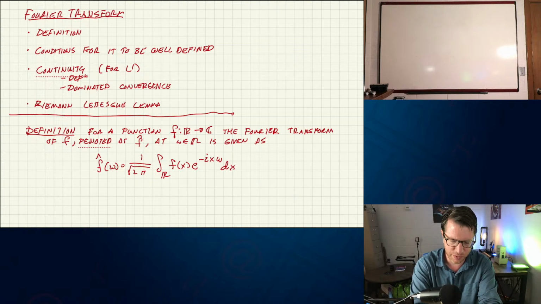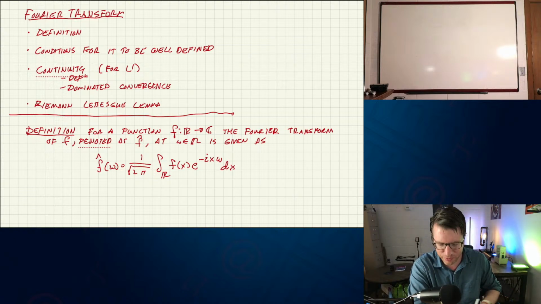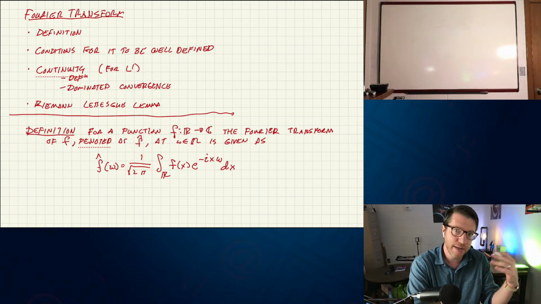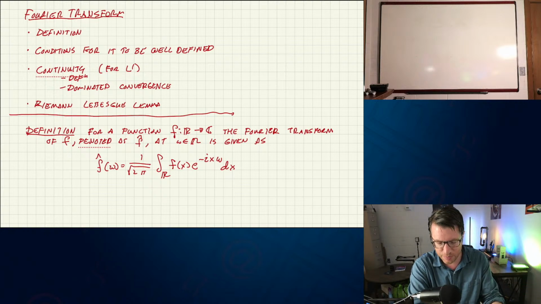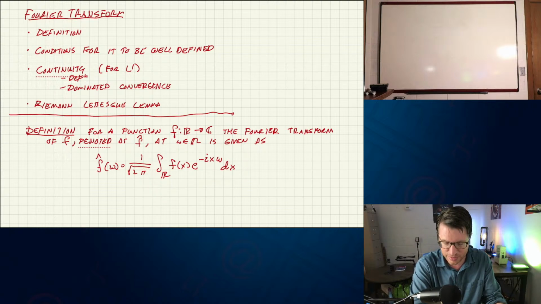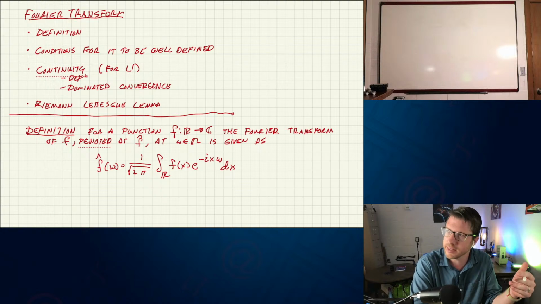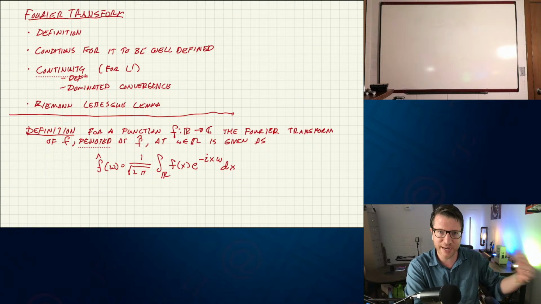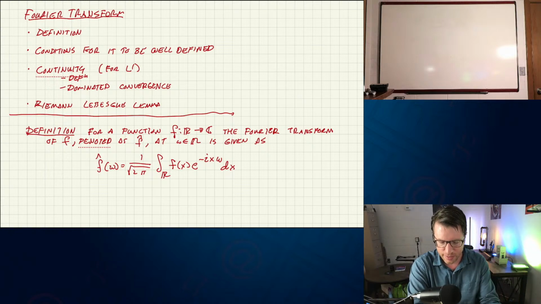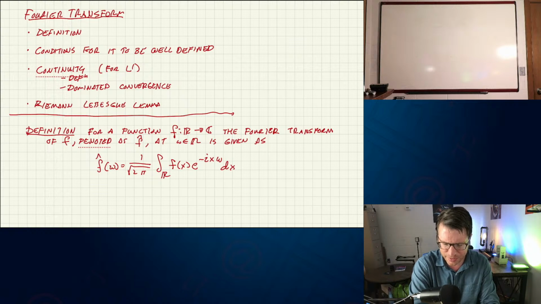Okay, so a few things to say about this definition. First of all, we have this coefficient, 1 over square root of 2 pi. If you've seen the Fourier transform before, you might not have seen it like this. Sometimes this is just left off, and I think that's usually what physicists do. Then later when they do the inverse Fourier transform, they have to catch back up, and they divide by 1 over 2 pi. And engineers, I've seen a lot of them put in a 2 pi up in here, and that changes how the coefficients work out as well.